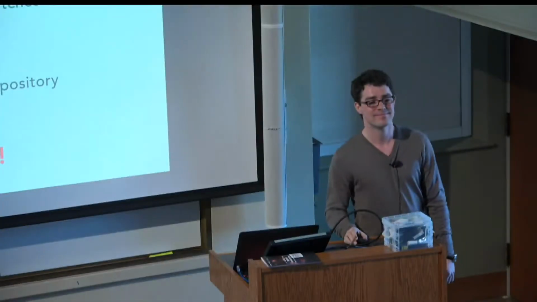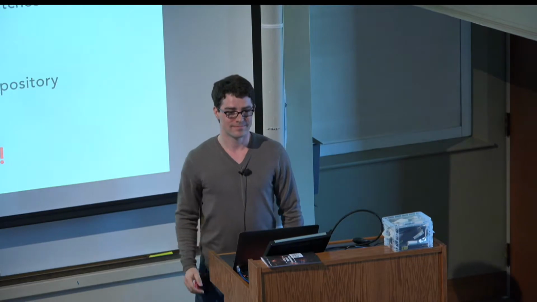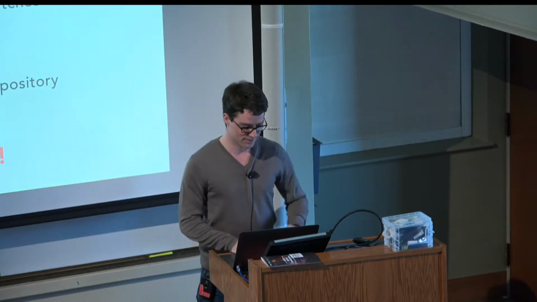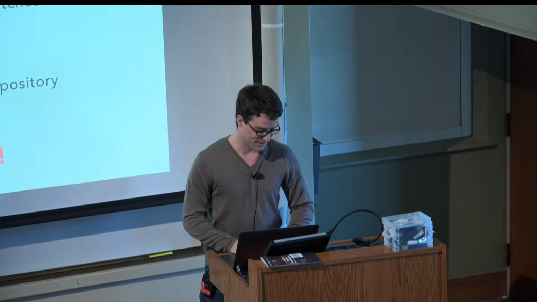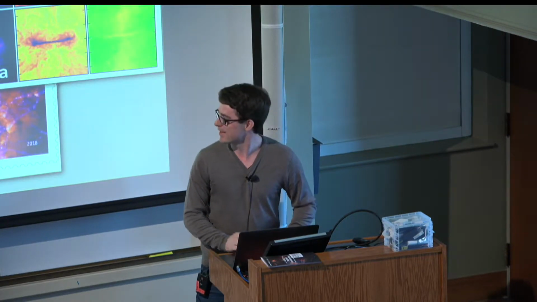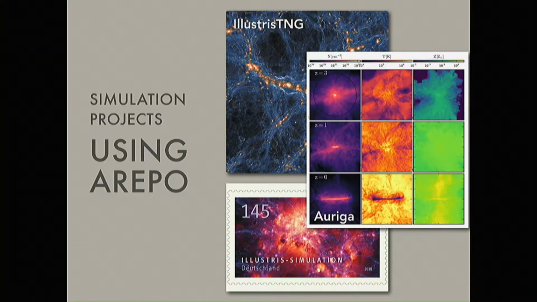You glossed over it very quickly because you're modest, but we saw a stamp of the simulation result. Can you elaborate on that? Yeah. So this stamp here was one of the stamps of a special edition of the German Postal Service that was science themed. So Gaia, I think, got one stamp, and among others also the illustris simulation got one, which was of course made, like the people running these simulations, I wasn't part of it, like Volker, Lars and Mark Vogelsberger were very happy that it's actually appreciated. It makes me very happy to see that the German society cares enough about our science.